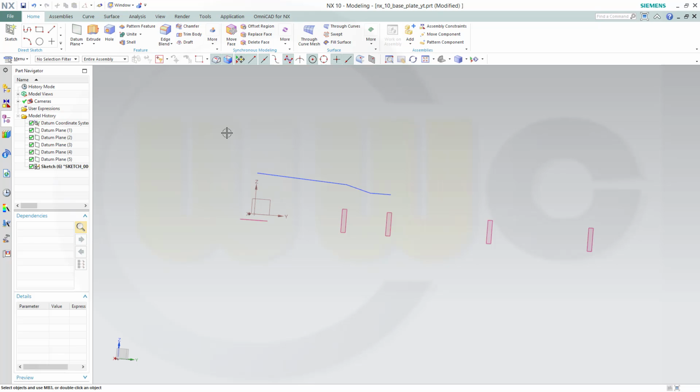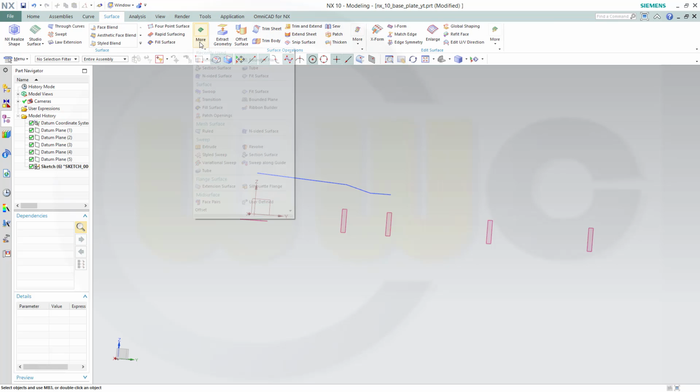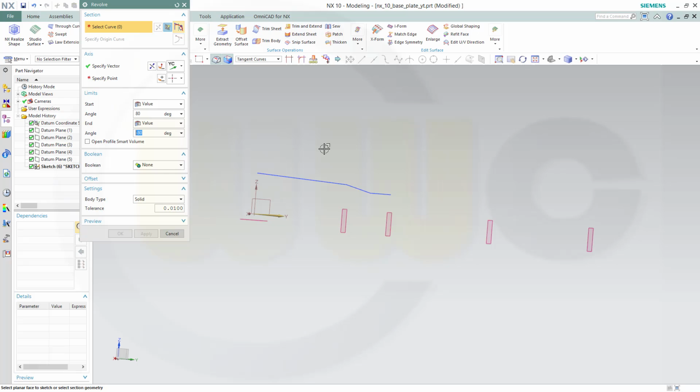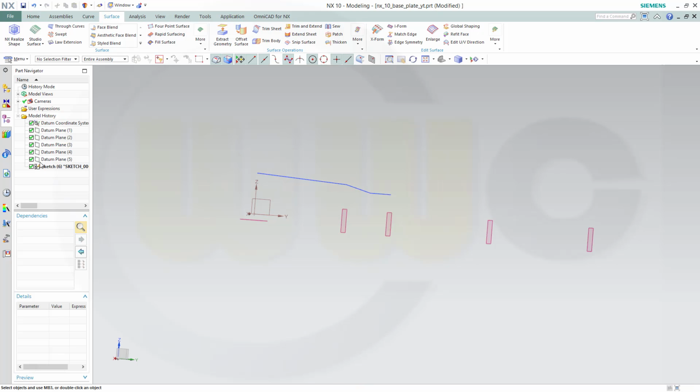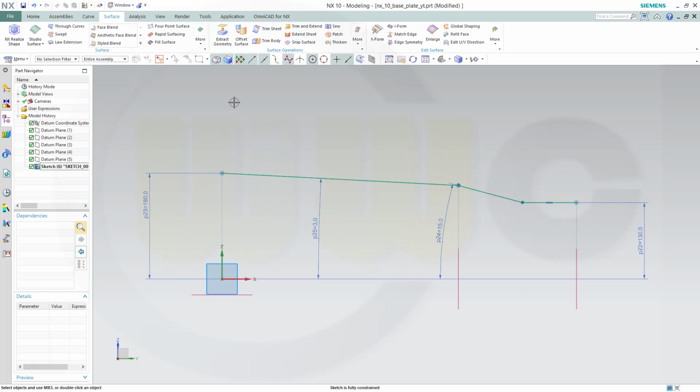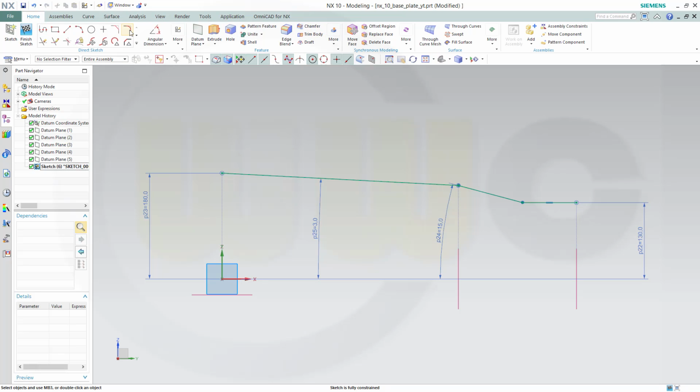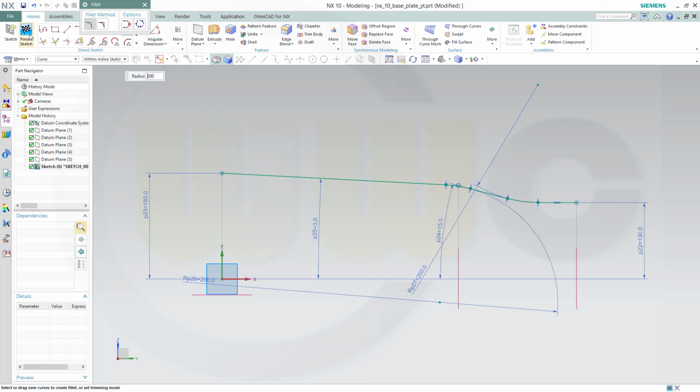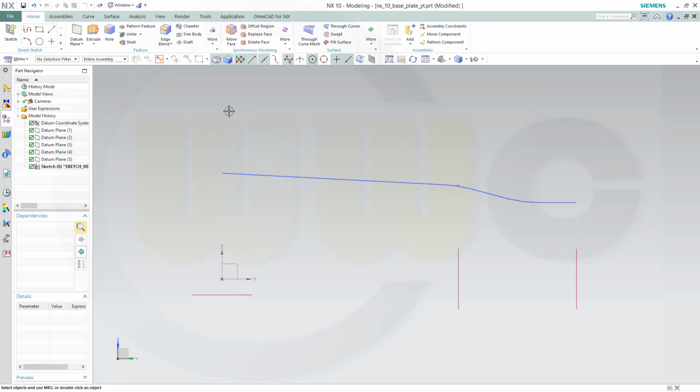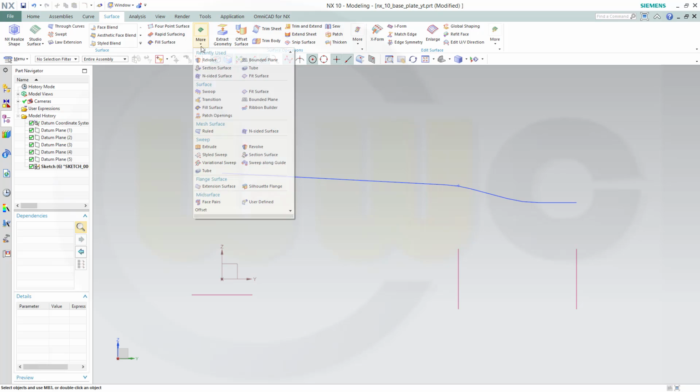Let's make our first surface. I will do this with a revolve, and the curve is this one. Oh, I forgot. Sorry, I forgot in the sketch the fillets. So go for fillet. They should be 200. One right here and one over there. Finish the sketch